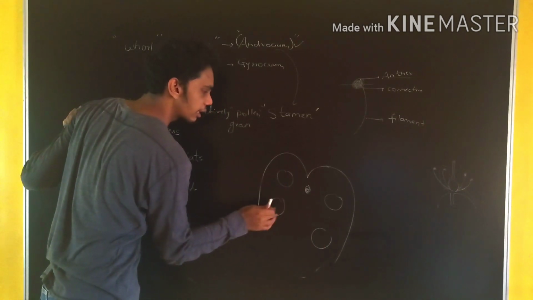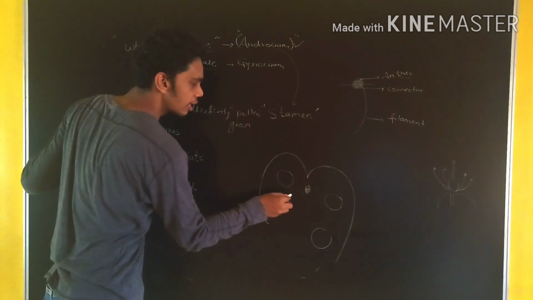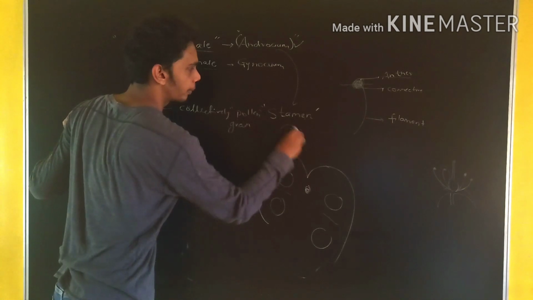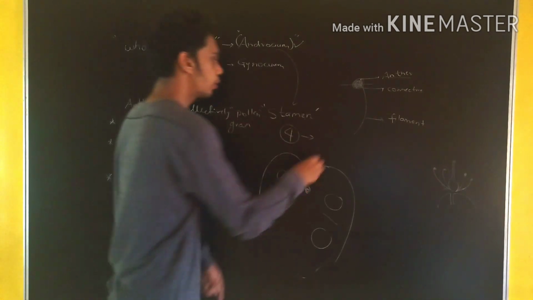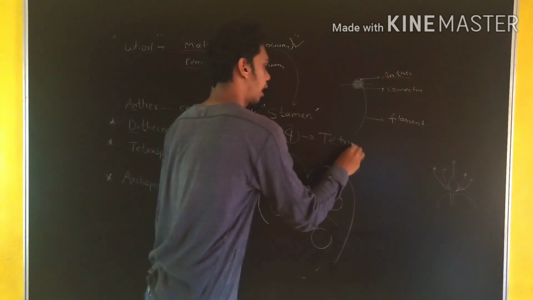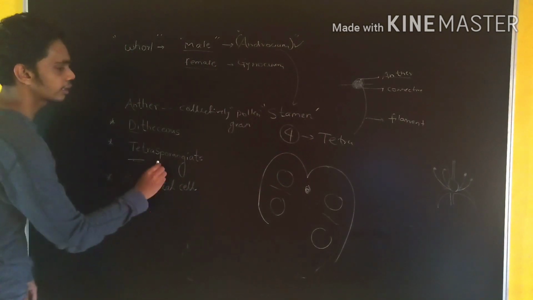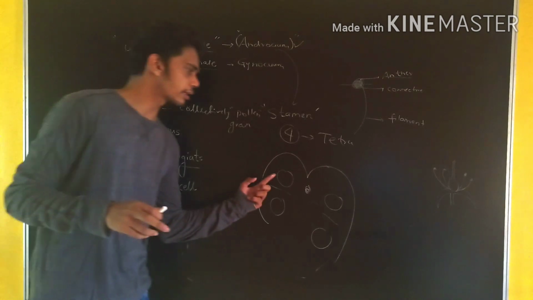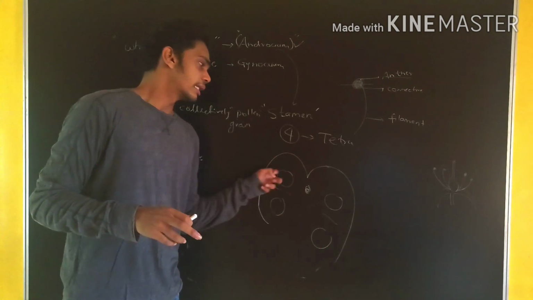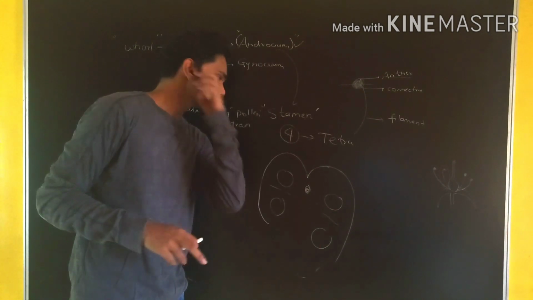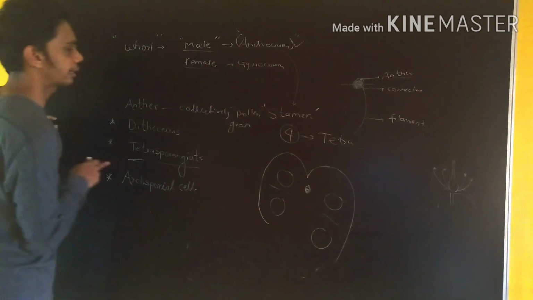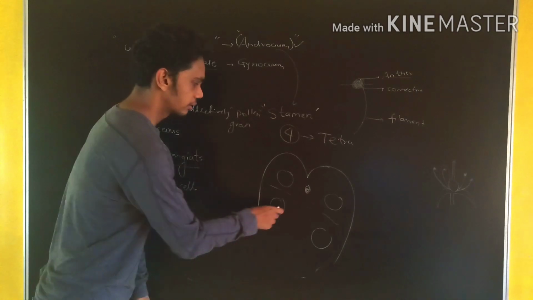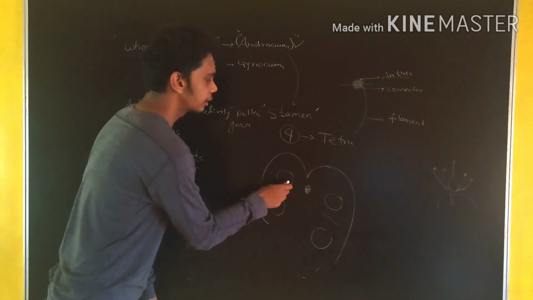Monothecous means each of the two lobes contains two parts. So totally there are how many parts? Four parts. And we know that four is represented as tetra. So the word comes tetrasporangiate. Because of the presence of four, tetra means four sporangious cells, the anther is called tetrasporangiate as well. And this tetrasporangiate contains the pollen grains.